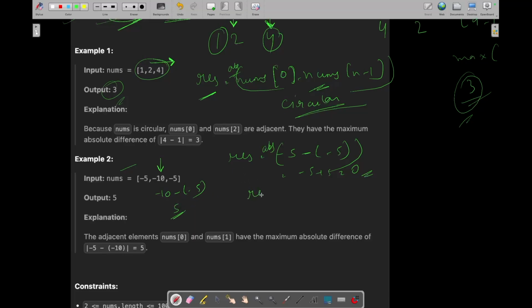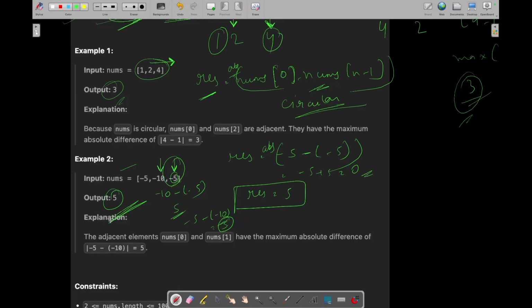So the result will get updated with 5 because maximum of 0 and 5 is 5. Now your pointer is pointing at this position. So difference of -5 minus -10, right? So it will again be 5. So maximum of 5 and 5, it will remain 5. Now you have come to the end of your iteration and your final answer is 5, right?